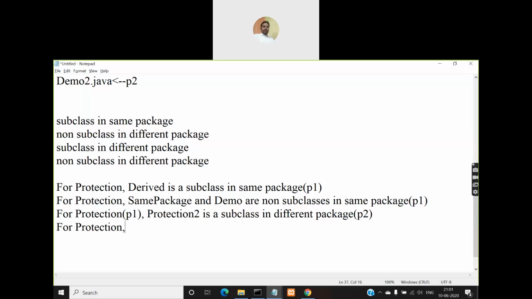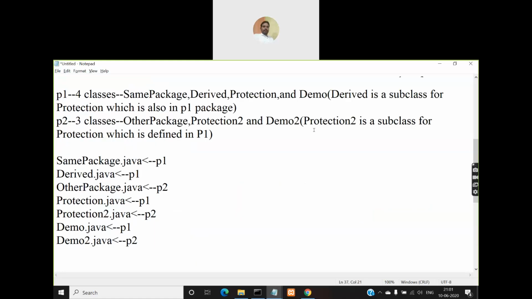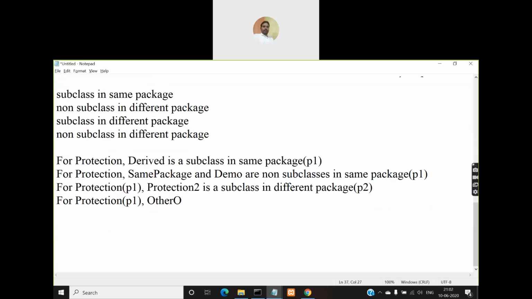Similarly, for protection which is in P1, other package and demo2 are non subclasses in different package.